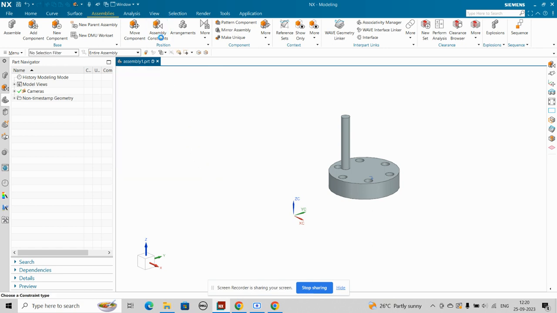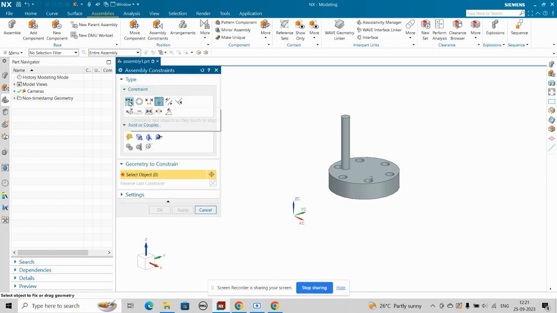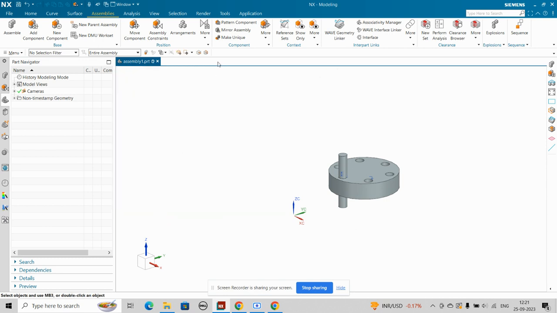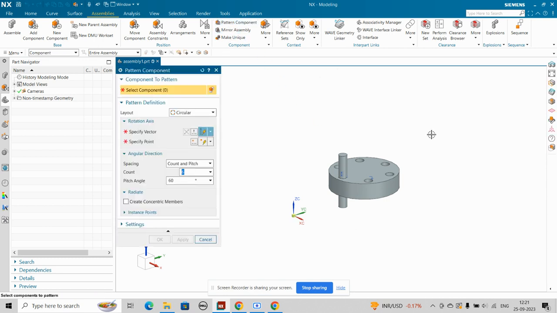Now go to the assembly constraints, apply the constraints, touch a line, select this and then OK. Now go to the pattern component,